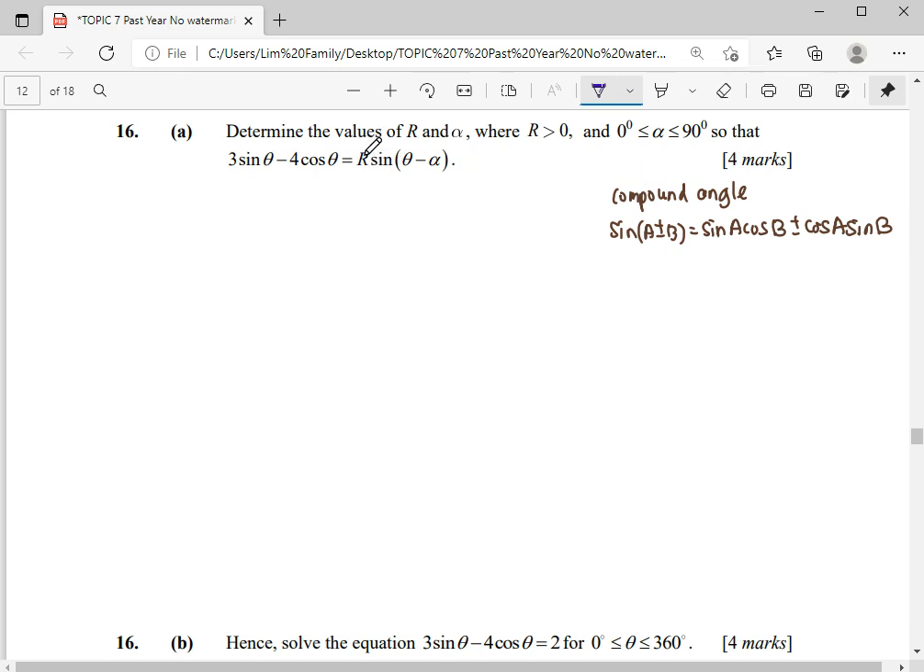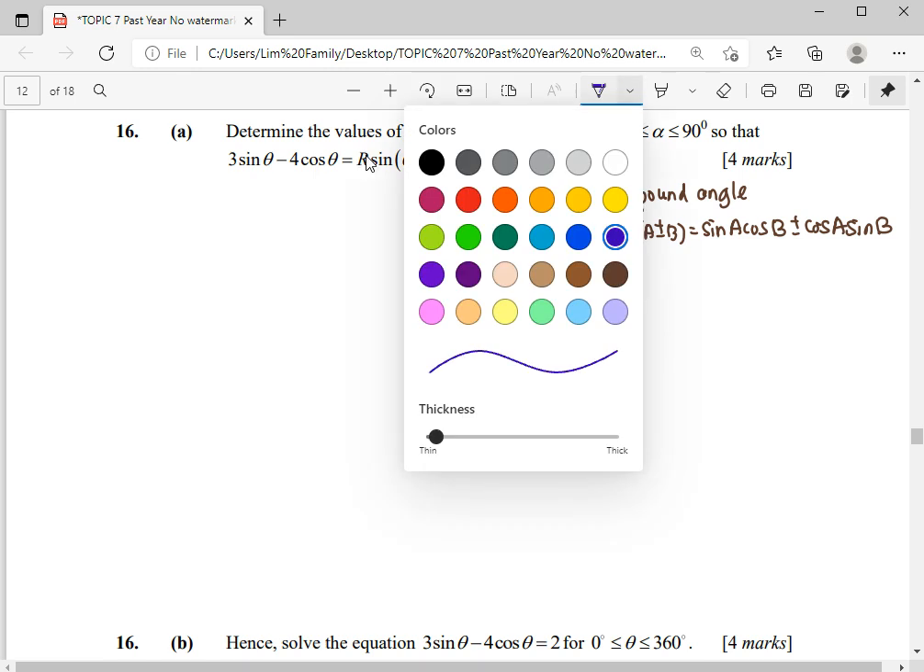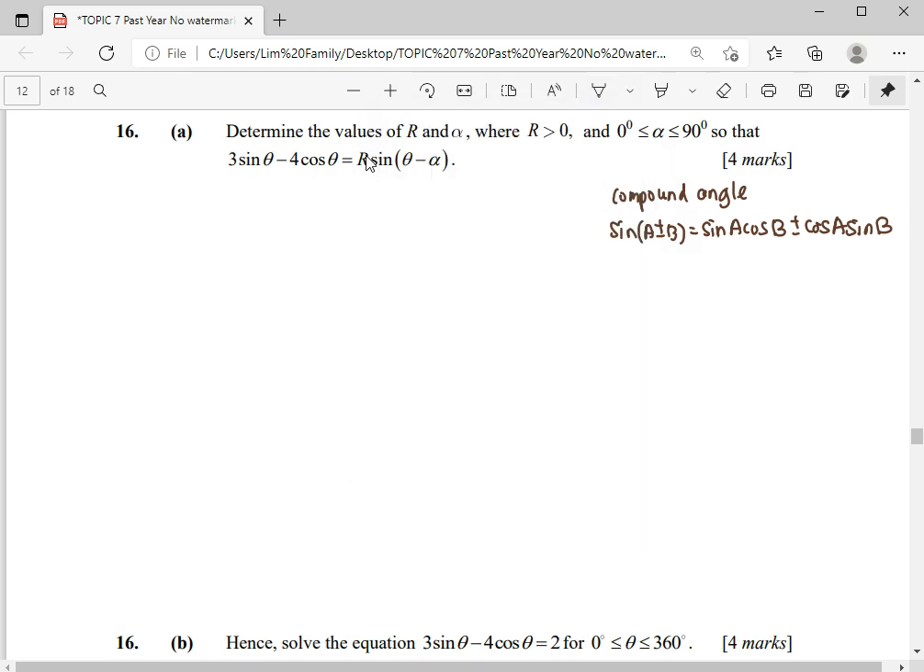So from here, when we want to express in this form, we have to find out what is our R and what is our alpha. Theta will be the same. Theta here is the original theta in these equations. So from this, we are going to take our expression, 3 sine theta minus 4 cos theta, and express it in this form,